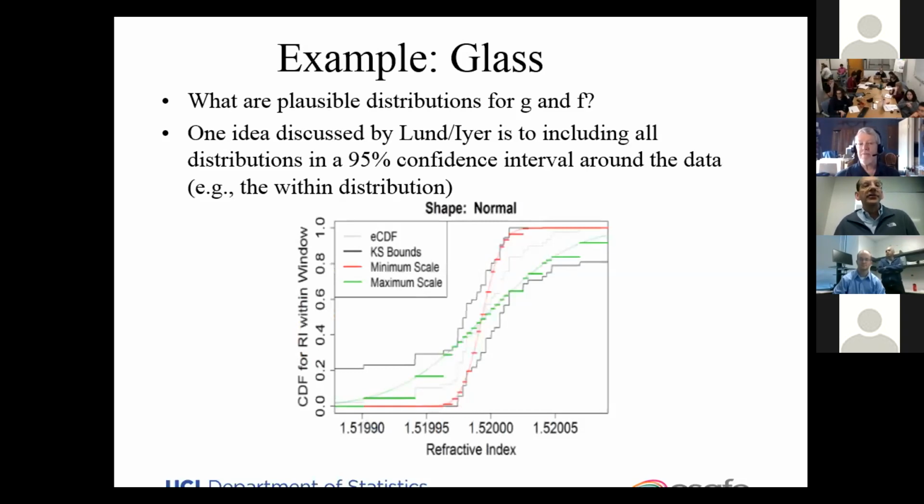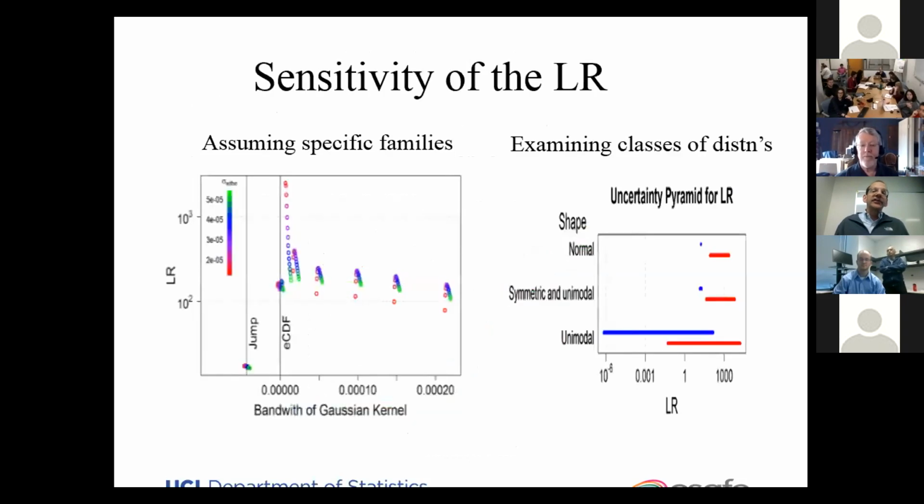The red distribution is very tightly clustered around the average. The green less tightly clustered around the average. And these are all plausible. And so they go from there to say, let's compute the likelihood ratio. And so there's a couple of pictures here. They can be a little confusing to work through.